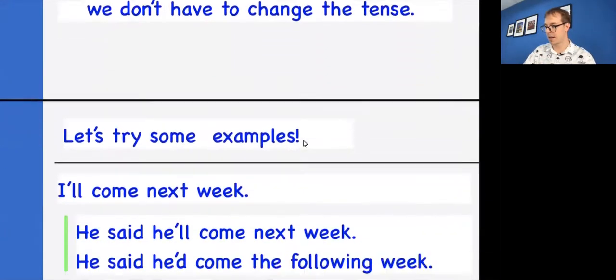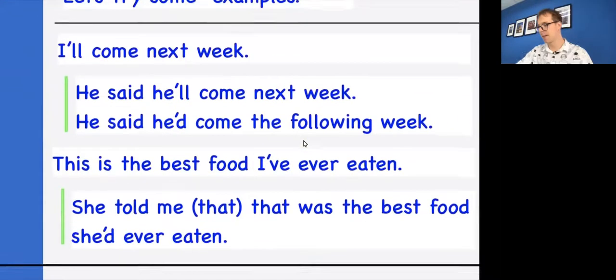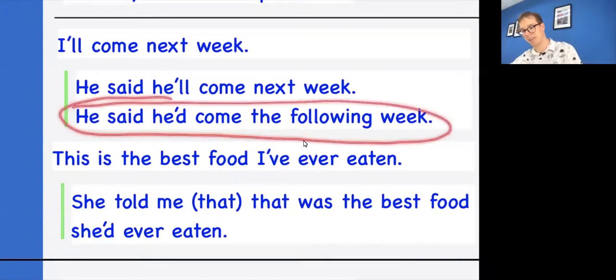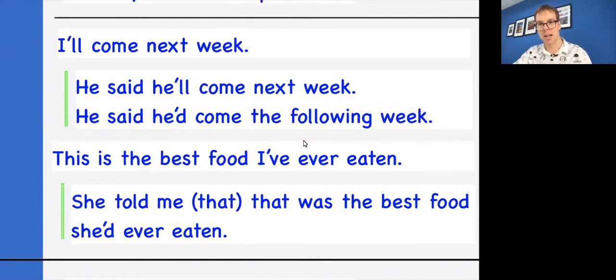So let's see if there's any examples right here, all right? So here's my textbook example. This is what grammar teachers will teach you for how to change this into reported speech. They say, change the tense, will, would. Change next week, the time phrase, change it to the following week. But what if I know it says I'll come next week? I'm talking to you right now. I know this is true. I don't need to do all of that work of changing all of these different things.